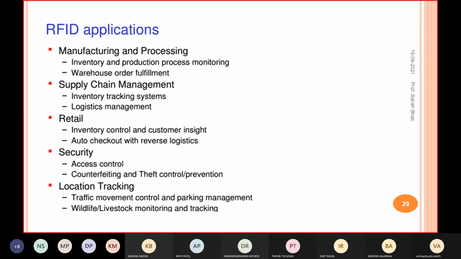Some door will open, or if you have a panel kind of thing in which the switches are there, and using that switch you can stop or you can start some process, right? So for that they will provide the RFID tag or card. For using that you can do the access.